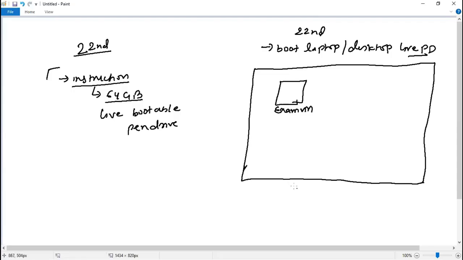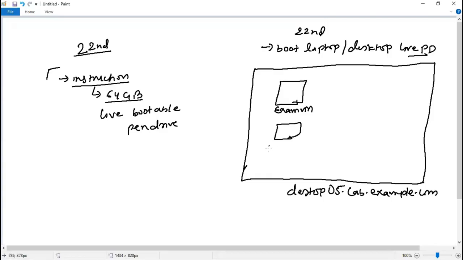This is your desktop, and its name will be desktop05.lab.example.com. This is your machine, booted with the live pen drive. Inside this, you will get an icon of exam VM.